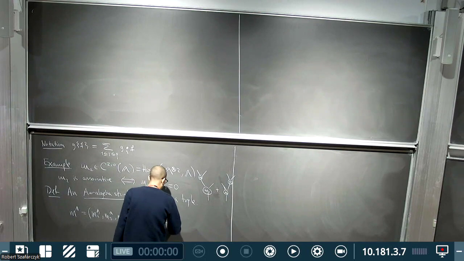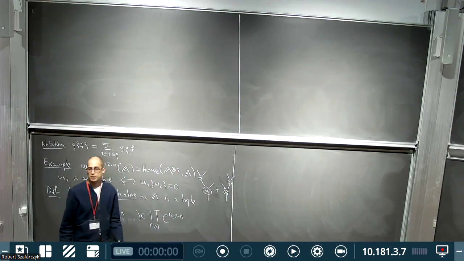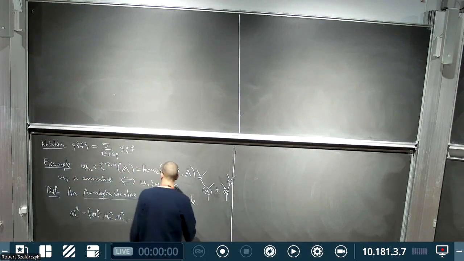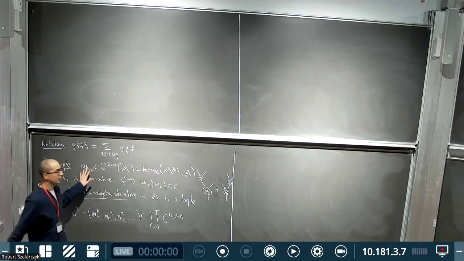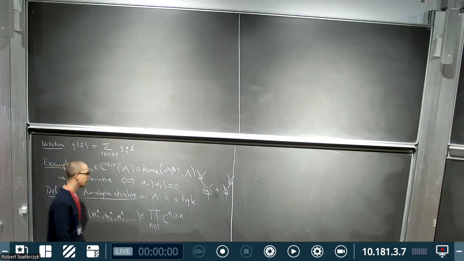In position n, I have an operation of arity n and degree 2 minus n, as I explained last time. So the total degree is 2, the same total degree as this binary operation,